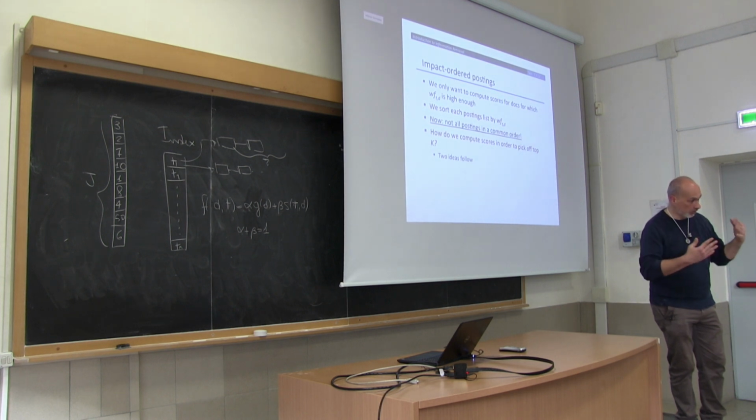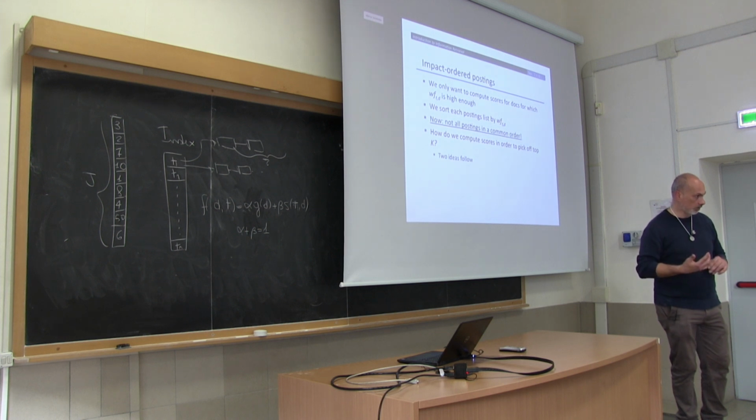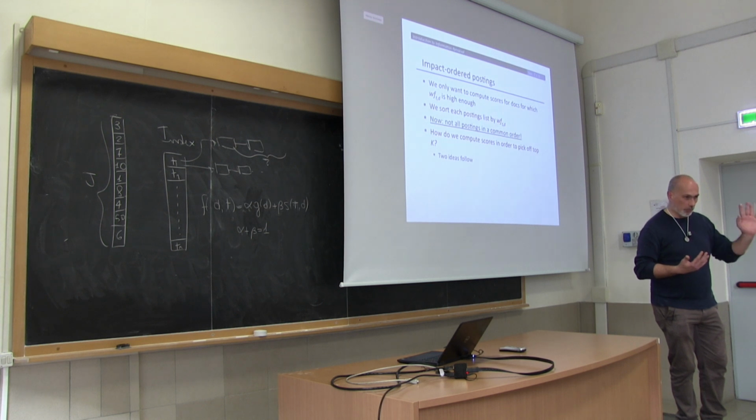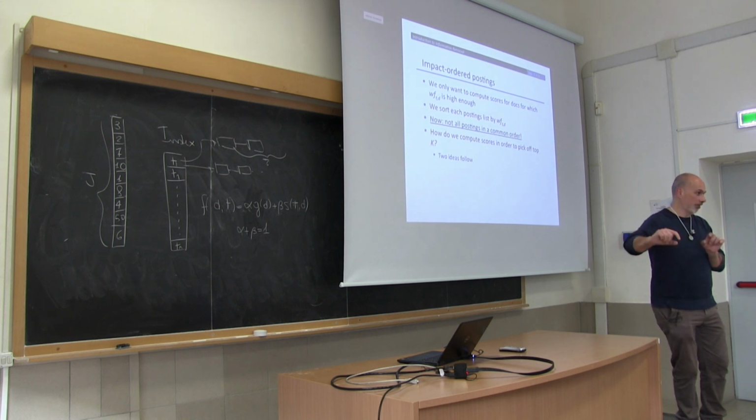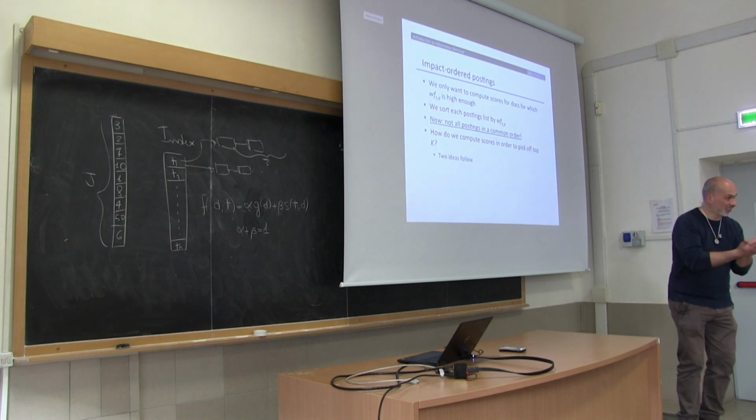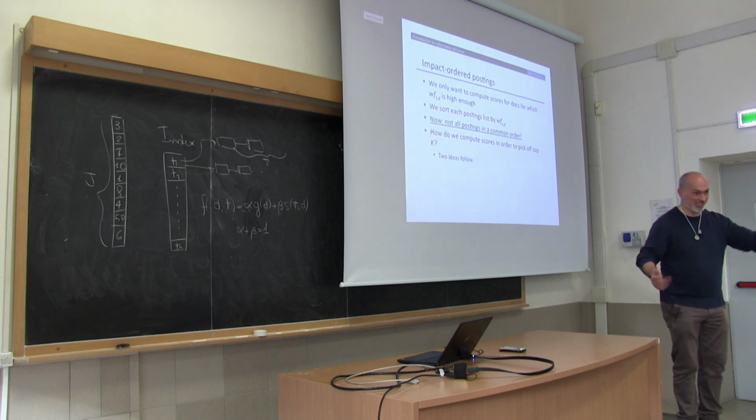That's important because in principle it means that we can apply some parallel algorithm to merge, to compute the scores, okay? You see that? So you remember the basic merge algorithm, which can be performed in parallel, it requires a common ordering of the documents. Otherwise, it will not work. It cannot be applied because it's a merge in the end. The merge requires a common ordering.